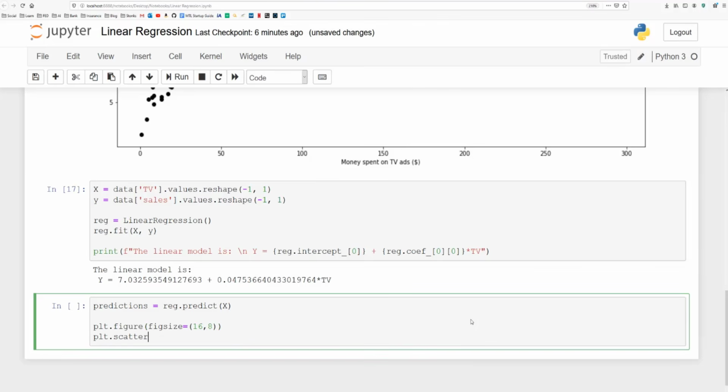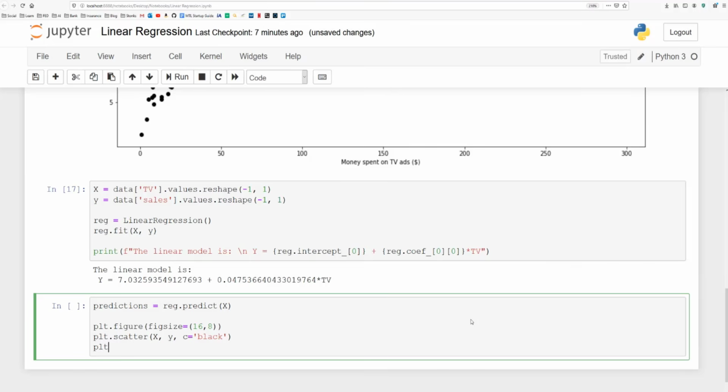Then plt.scatter, we pass in X, Y, and of course the color is going to be black. So this is just going to be our data set as shown a bit earlier. And then we add in the plot of our predictions. So same X, the Y in this case is going to be predictions, and I want it to be in blue, and I'm going to specify the line width to be equal to 2, just to make sure that we can see it.